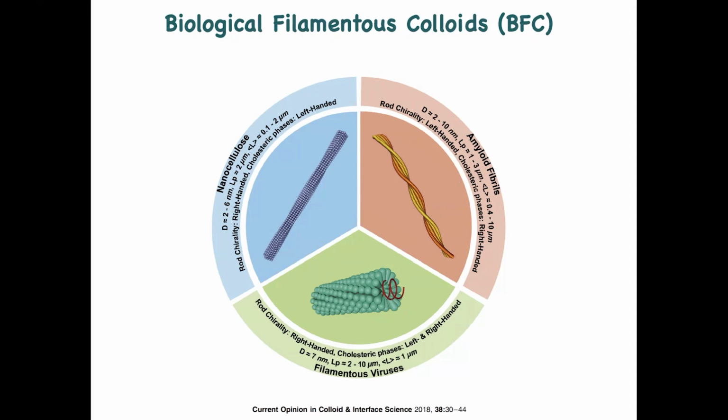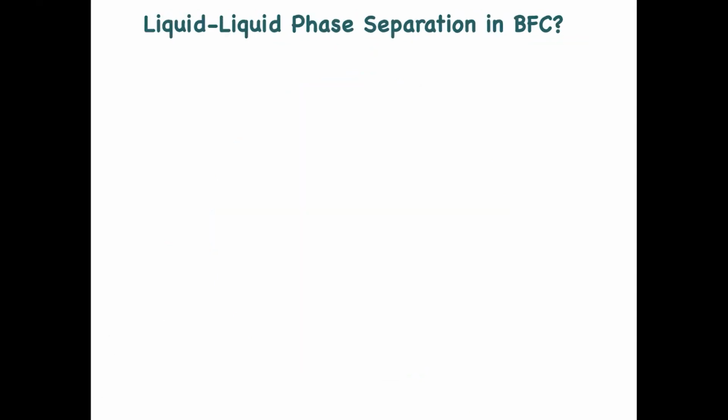There we talk mostly about amyloid fibers, but another very widespread example is nanocellulose. Filamentous viruses are also a very interesting system because these are genetically perfectly monodisperse in length and cross section. But there are many other examples: DNA, collagen, active microtubules, the most rigid filamentous colloids you can think of. They all follow pretty much the physics I'm going to discuss today.